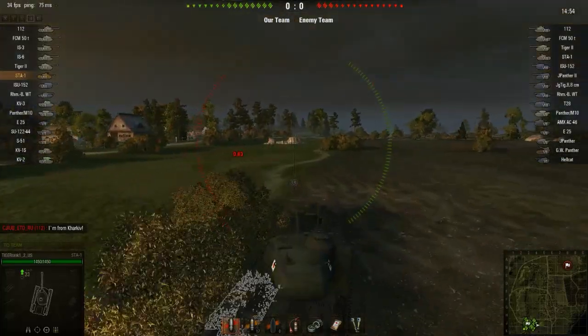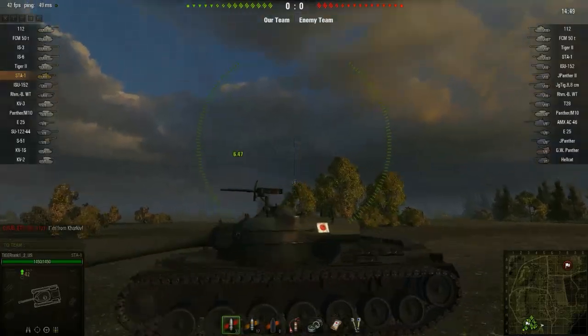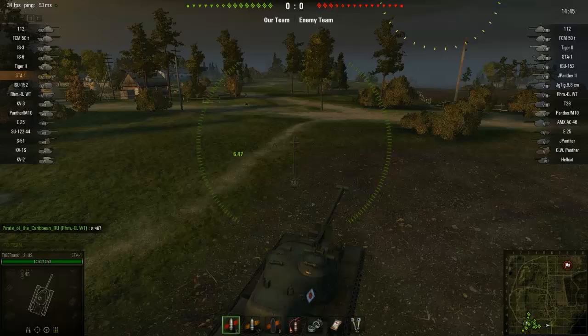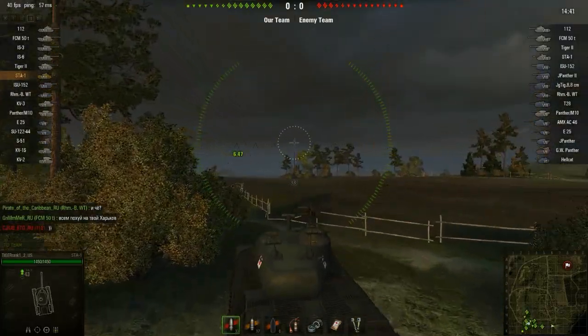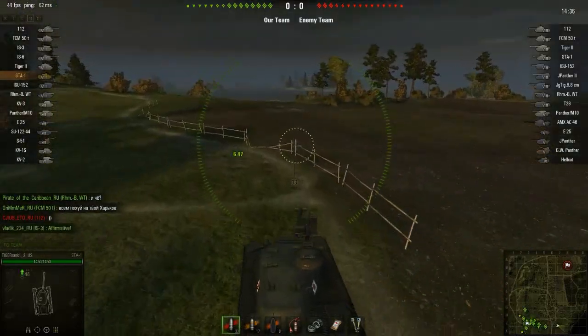Its reload is also great. Accuracy on the move, gun depression. If you look at that, gun depression is beautiful. Elevation, not so great. That is because of the turret. It's the exact same turret as on the Type 61, which is actually a very, very bad thing for the